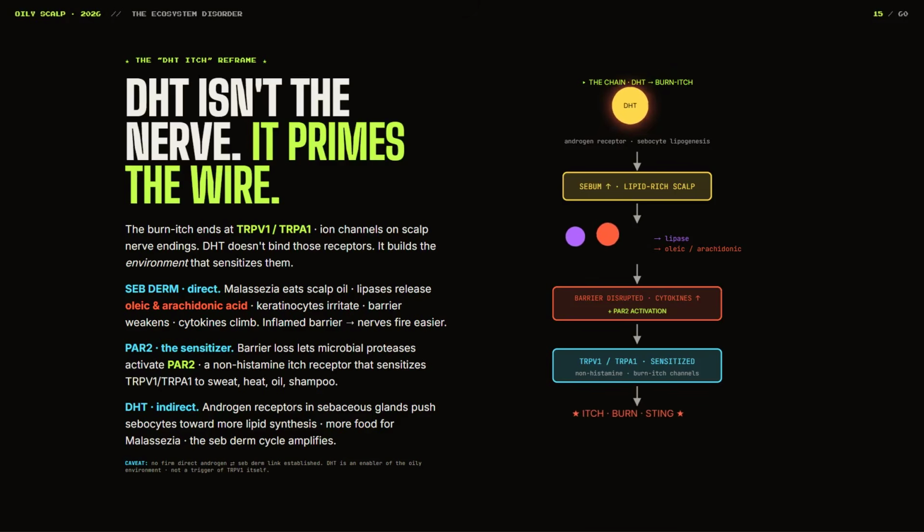So now that we have an understanding of the microbial microenvironment, let's talk about hormones, because DHT and androgenetic alopecia has some pretty significant implications here when we're talking about oily scalps. A lot of people talk about this concept known as the DHT itch. And this is where perhaps more androgen-sensitive parts of the scalp, where typically you would see the hairline or the crown region thinning when it comes to the condition of male pattern or female pattern baldness, some people talk about these areas being more itchy than other areas.